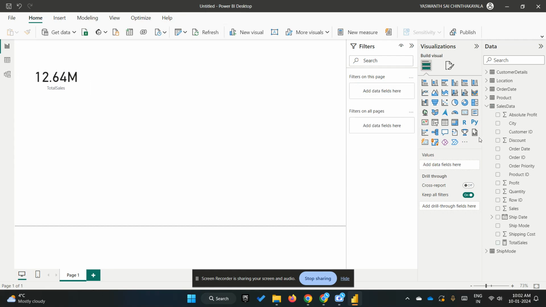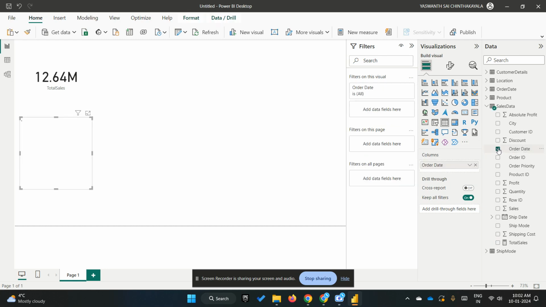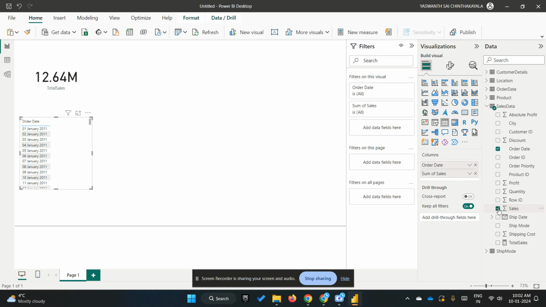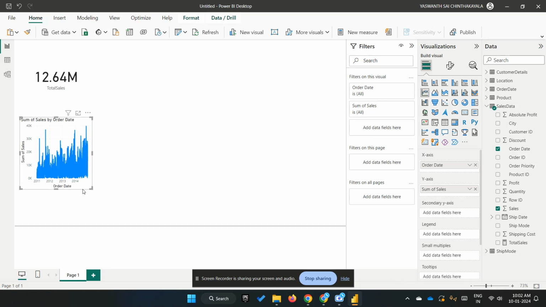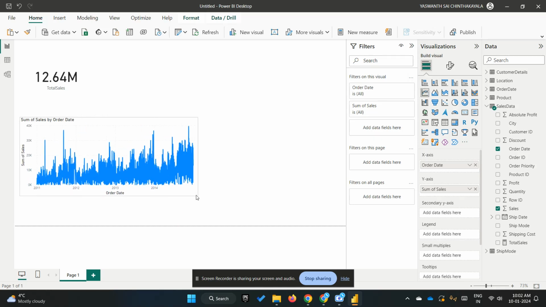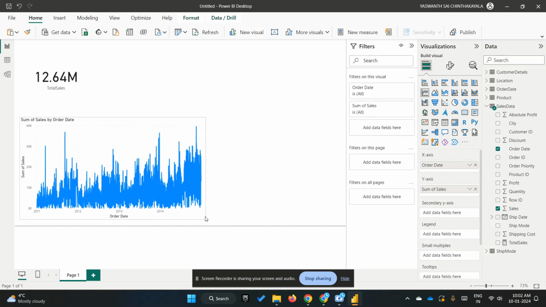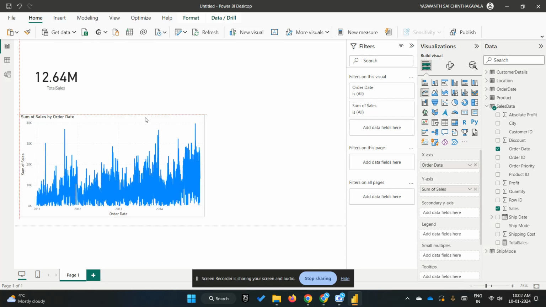And also you can calculate many things such as order date versus sales. Let us see. So this is not what I want. So I'll just change it to a line chart. This is okay. So I'll just make it like this,